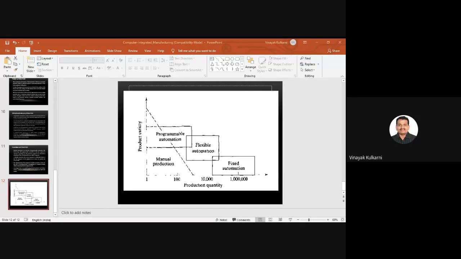Regarding the first chapter, the first half of the chapter I will be taking. The second part of the first chapter will be handled by Sachin sir. About the second and third, I have a little confusion. I don't know whether Sachin sir or Tushar sir will be taking them. The fourth chapter will be handled by Prajakta Patil, I guess. And the last chapter again I will be handling, about the CNC, machining and the programming.